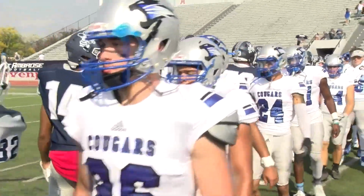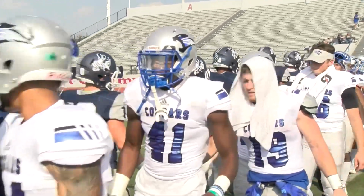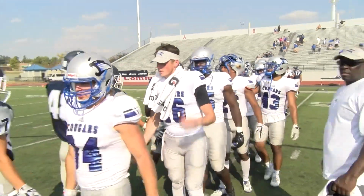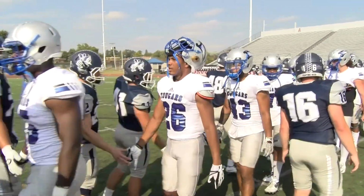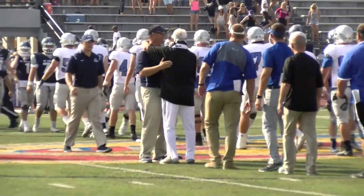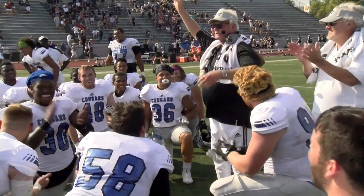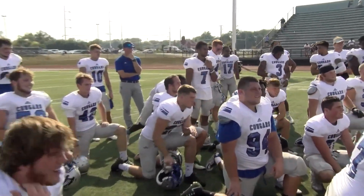Triple zeros come up on the clock, and the Cougars were tested here today on the road. We knew they would be, but they find a way. Manufacturing scores. Nick Ferrer with over 300 yards in the first half and leading the Cougars en route to a 49-21 road victory here. And the Cougars now in lifetime against the Bees, they are 10-1. The only victory for St. Ambrose